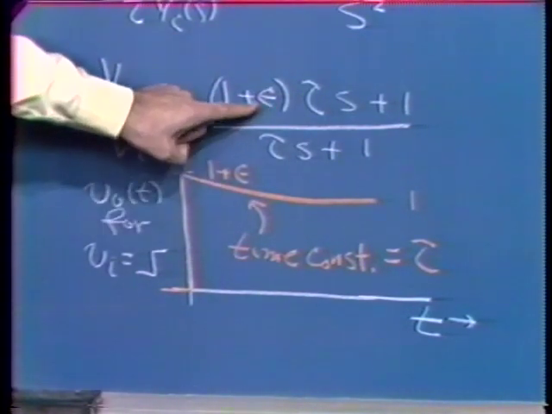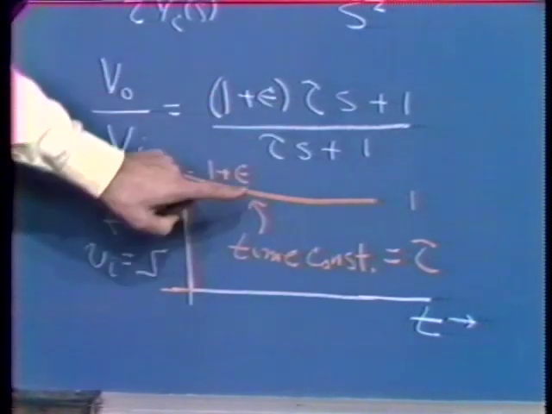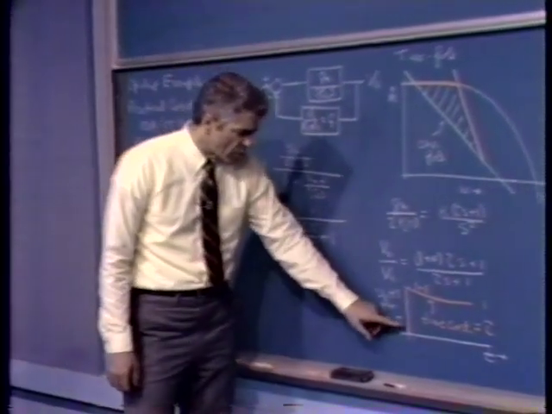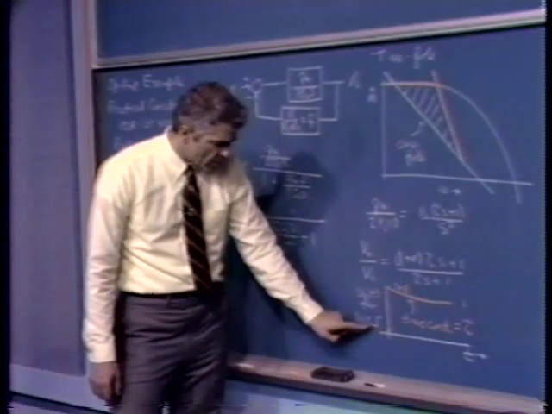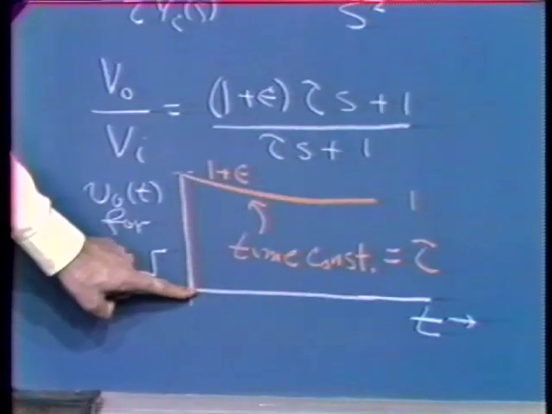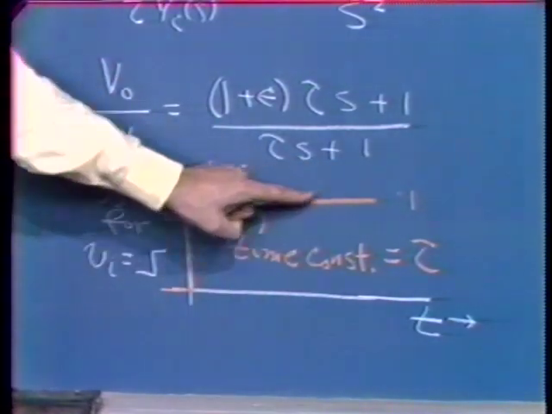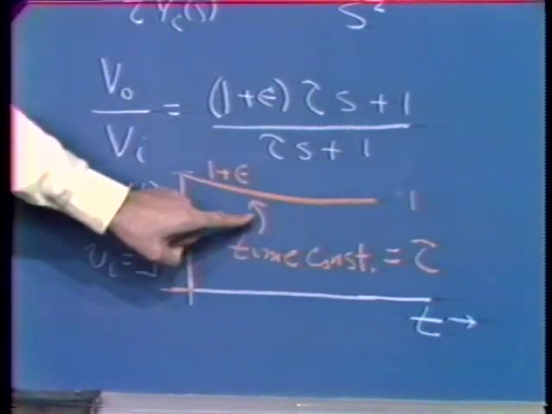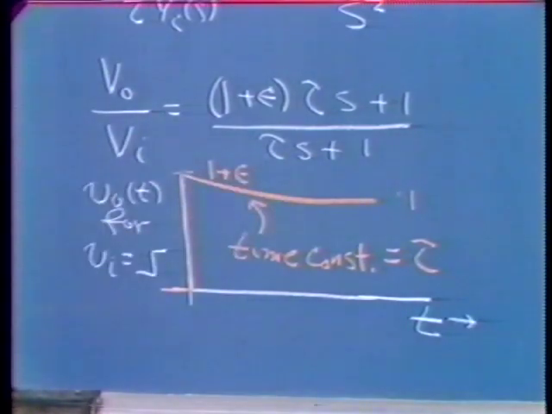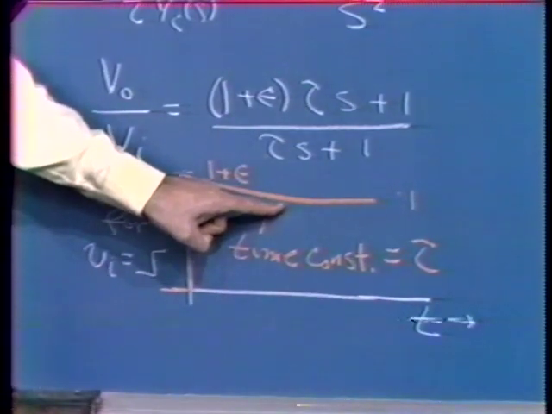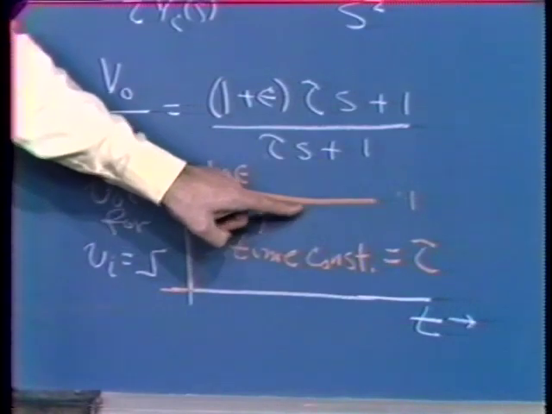This is the high-pass version of the thing where the 0 is located at a slightly lower frequency, or a slightly longer time constant, than the pole. The step response of that sort of system is as follows. If we put in a unit step, in this case with a 0 at a lower frequency, we get an output that overshoots final value by an amount epsilon, decays with a time constant corresponding to the pole location. In our particular case, the pole is located at a considerably lower frequency than the dominant response associated with